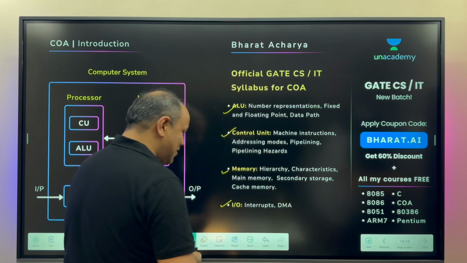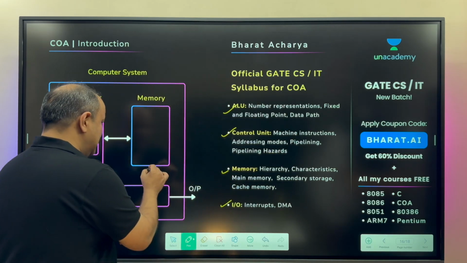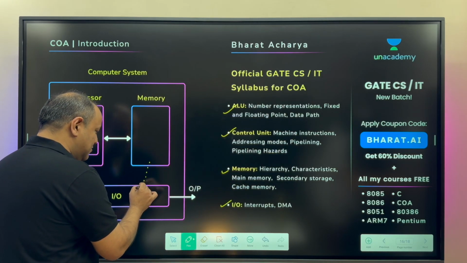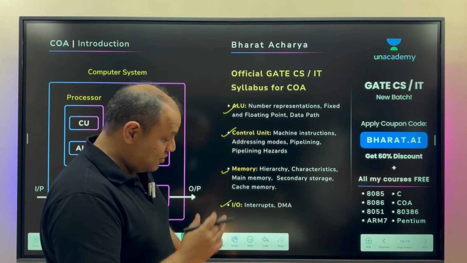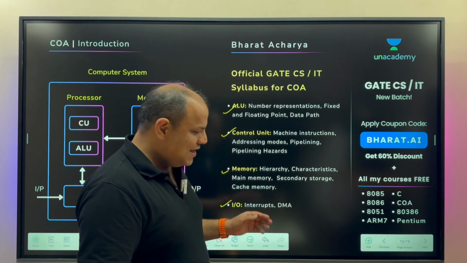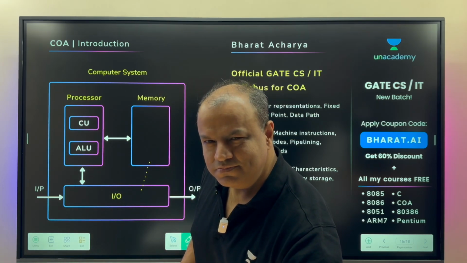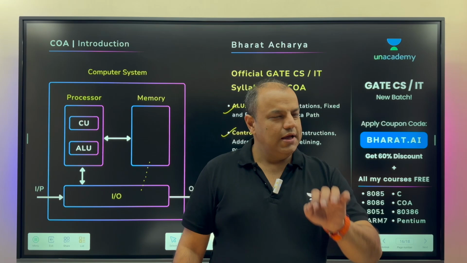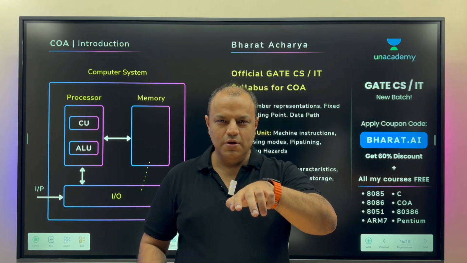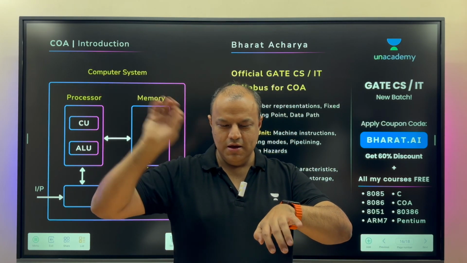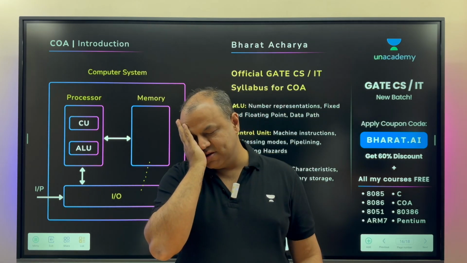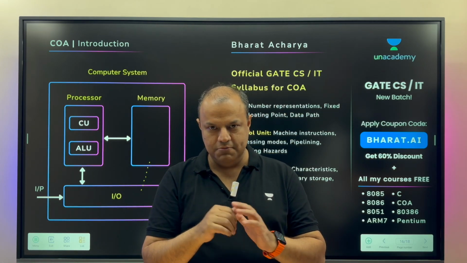Lastly, you come to I/O, where I give you a brief idea of DMA, which means transferring data directly between memory and I/O. That's a technology you learn, very interesting, and interrupts. So when a processor deals with I/O device, you have keyboard, you have mouse. Now think about it. Each time you type a key on the keyboard, the processor should read it. It shouldn't be that you're going on typing and the processor is sleeping. No. Processor should be alert.